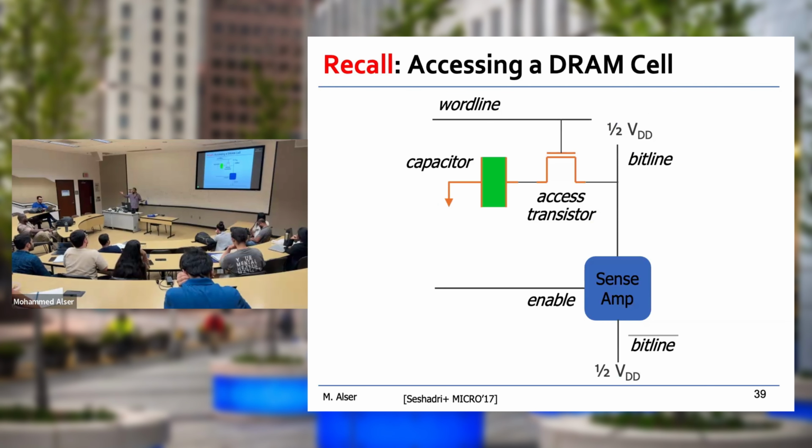This is a reminder, if you're not aware about the DRAM cell, how we do it. So remember, there's a word line. That's why we call it word, because it connects all bits in one row, meaning that more than one bit is connected with the same line. But here, it's a bit line, meaning that only a single bit is connected to that line at a time. You can connect it to any bits within the column, but only one of them should be connected to